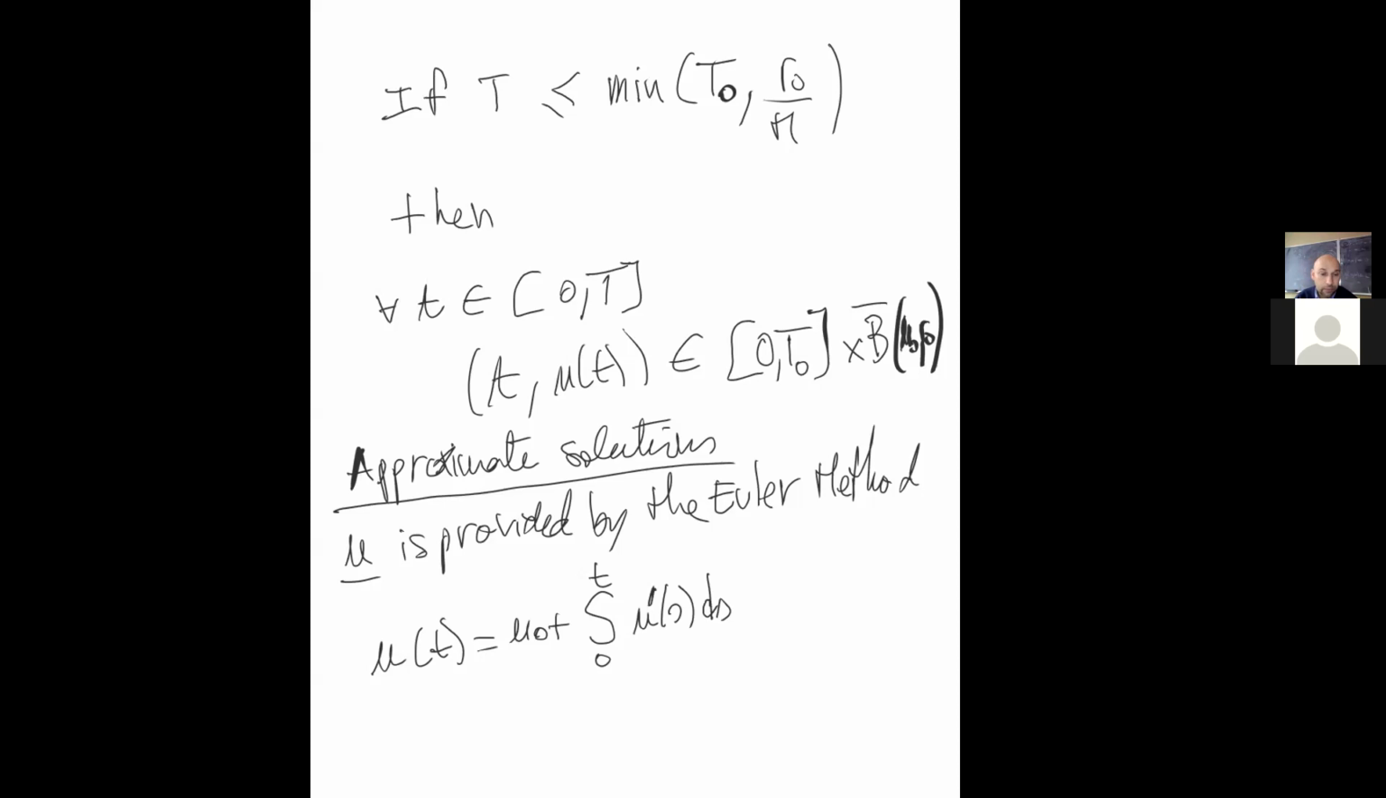Now, can I do the same? I want to do the same computation, but I cannot do it directly because here U prime of s is not equal to, I cannot write that this is equal to f of s, U of s ds. This is false, because now U of s is not the exact solution, it is an approximate solution provided by the Euler method. So I cannot write that, but instead, I can write that